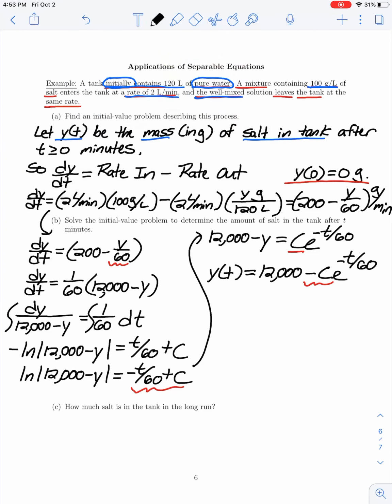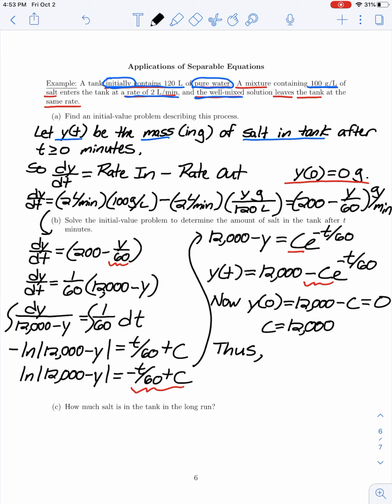So applying that initial condition, we would have y of 0 is equal to 12,000 minus c times e to the 0, which is 1. And we were told this has to equal 0. So it follows that c is equal to 12,000. And so,